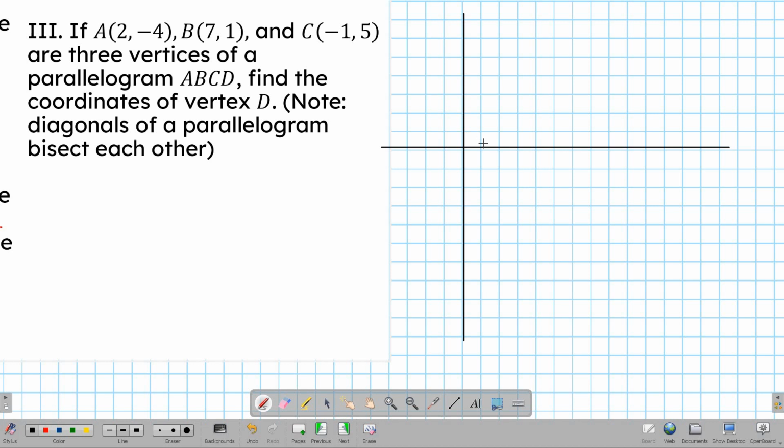Okay. So let's locate A. That's 2, negative 4. A. Then B, 2, 3, 4, 5, 6, 7, 1. This is B. C is at negative 1, 1, 2, 3, 4, 5. Ito ang C. So based on their locations, D can be somewhere here. Pwede rin dito. Pwede rin dito. It depends. Now, so, to find the coordinates of vertex D, we are to note that diagonals of a parallelogram